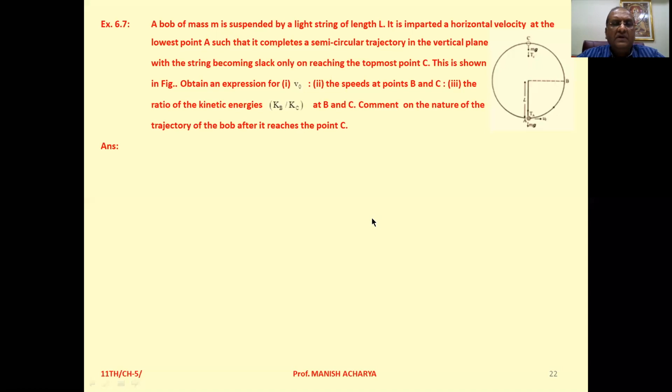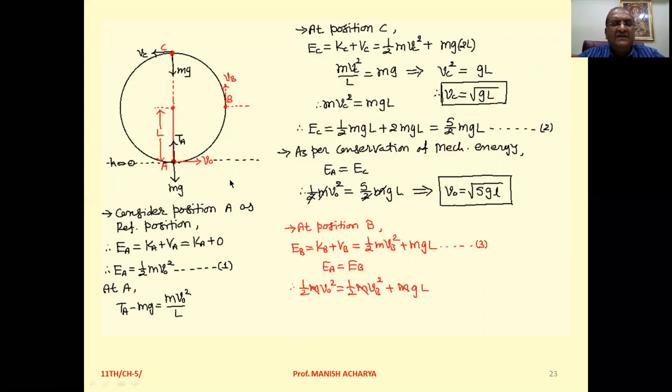Okay, now see the situation given to you, that is like this. This is the lowermost position, suspended like this, string and a bob. This particular position A, we consider as the reference position. At the reference position, the height of the object is 0. Now at this position we give some velocity to the bob. This velocity V0 is such that when it reaches the uppermost position C, then